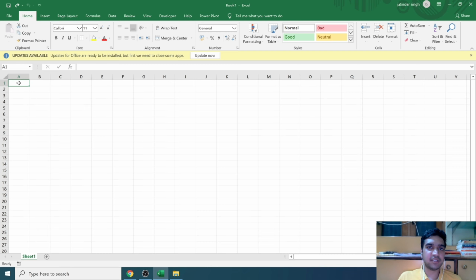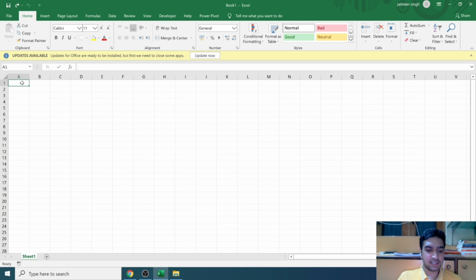So this is the A1 cell. How we define the name of the cell is we will get the name of the column first, after which we will have the number of the row. So this is A1. If I click over here, the name of the column is G, which you can see from over here, and the number of the row is 11. So we have this G11 cell in front of us, and we can see the name in this name box over here. So this is the E6 cell. The column is E, the row is 6.